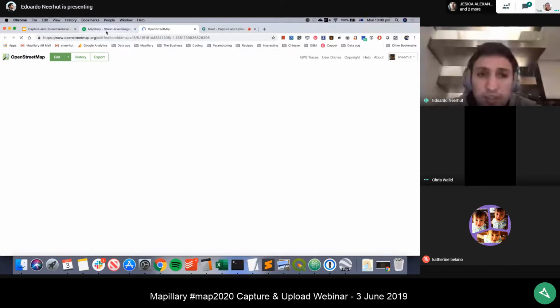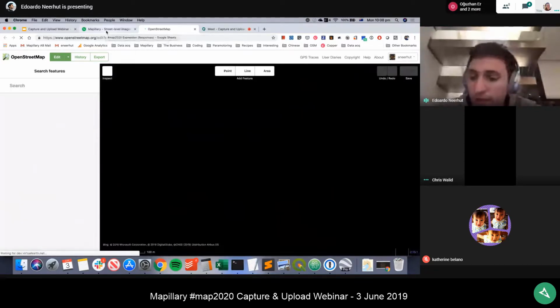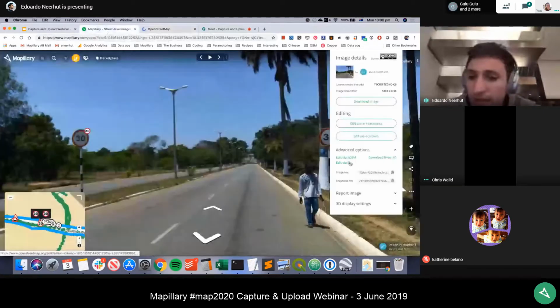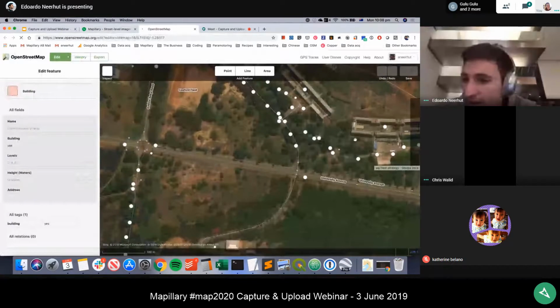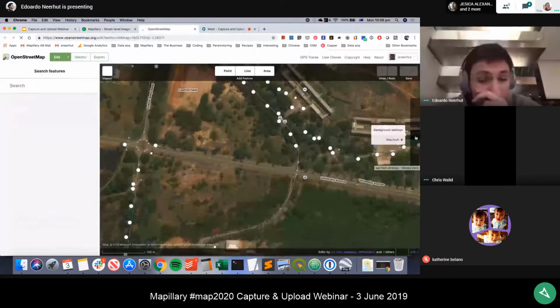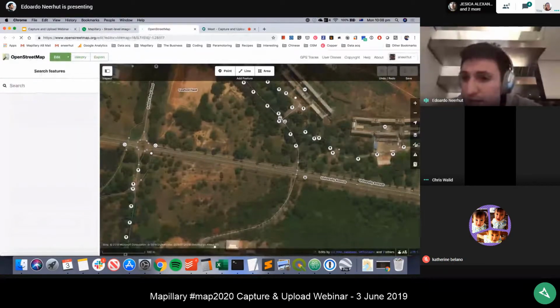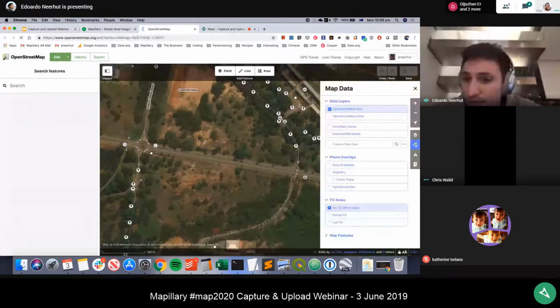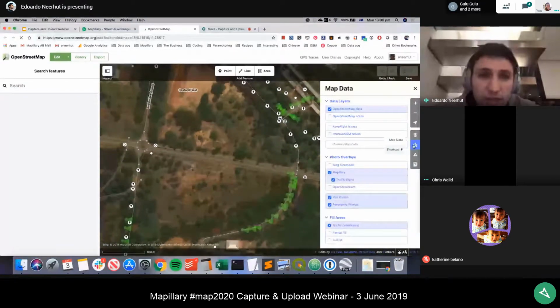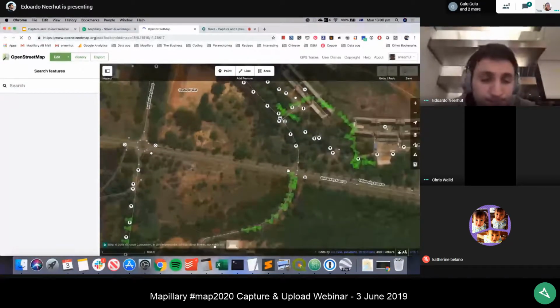It's also available in the desktop tool called Java OpenStreetMap. And so you can click on either of them. If you have JOSM installed, you can click on that and it'll open up that area in JOSM. And once you've got that area opened up, you can just activate the Mapillary photo overlay and the traffic sign overlay. And then that'll load exactly what we were just looking at, so we can match it up.